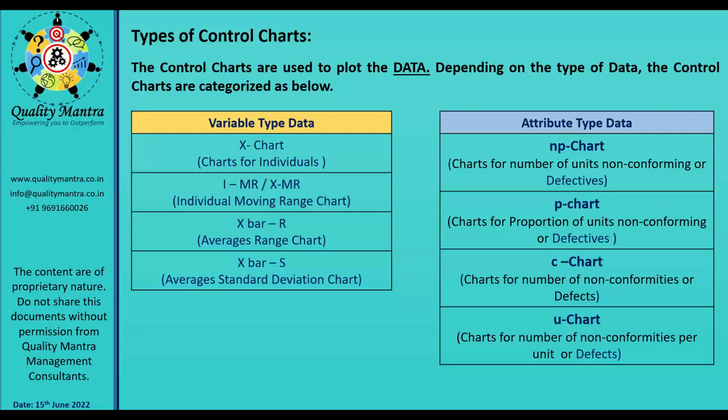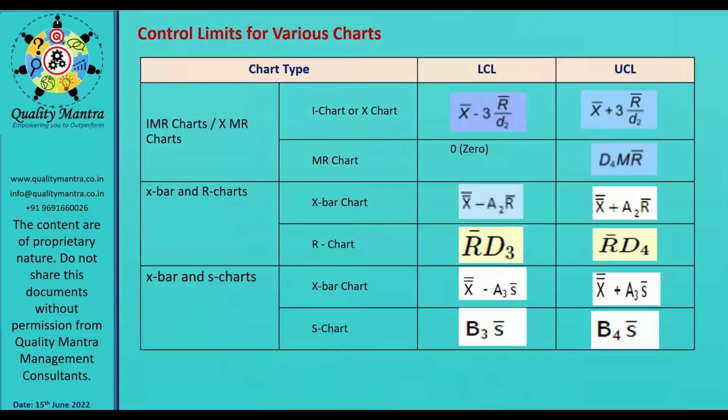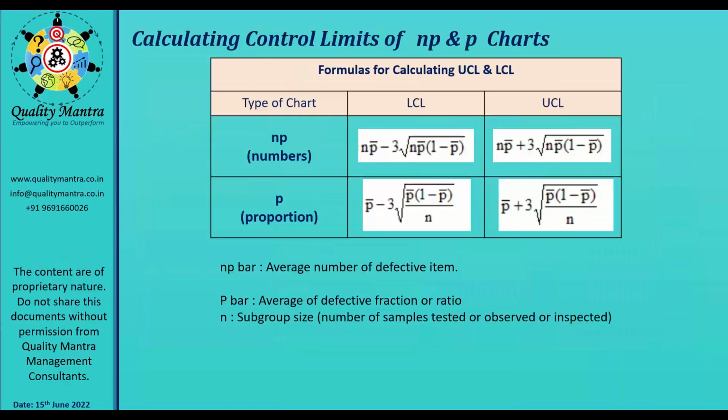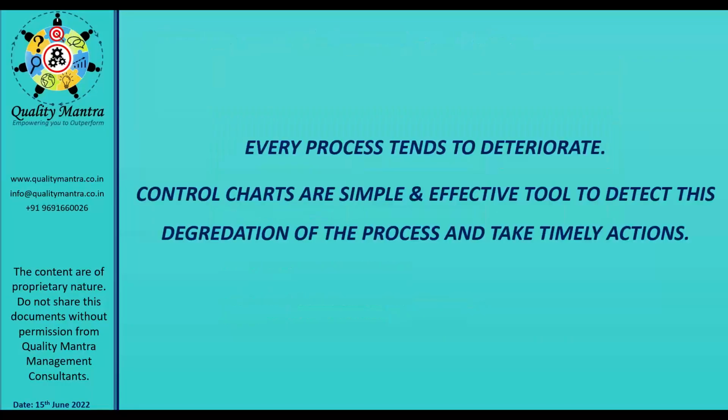Then we have gone through the various types of control chart. We have not gone through them in detail because it is not possible to cover the entire control charts in the time of say 1 hour or 1.5 hours dedicated to this particular tool. We have seen how we can prepare the control chart, then the formulas which are used to calculate the lower control limit and upper control limit. Various control charts use various formulas to calculate the control limits. The basic thing that you need to understand is